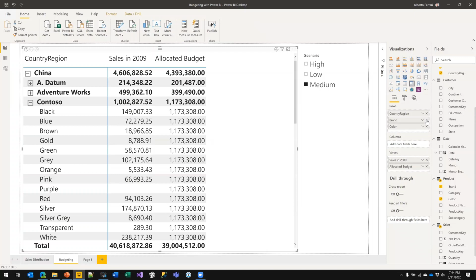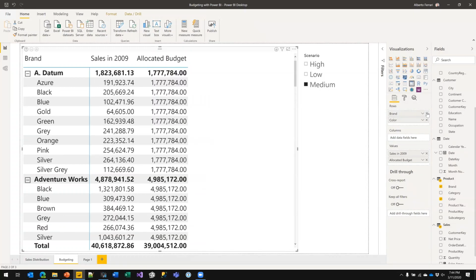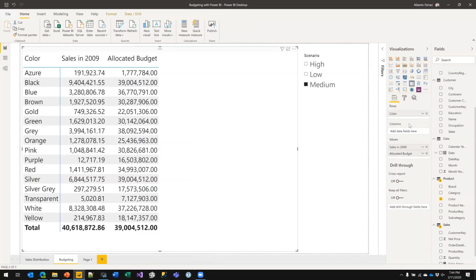So I get rid of the country region, I get rid of the brand, I only slice by color. Now you see what happened. If I only slice by color, I see numbers, all these numbers are wrong and they are all different. So it's not so easy for a user to understand that they're actually wrong. They might be right or wrong, but it's not evident.